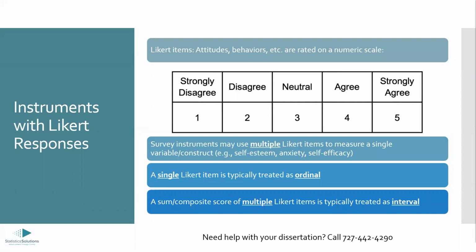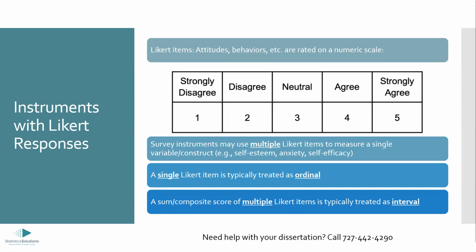And now, like I said before, let's look a little bit in more detail at Likert type scales, because these are used very often in dissertation level research in the social sciences. If you're doing a survey study, many survey instruments use Likert type responses. You may already be familiar with what a Likert scale or a Likert response is, but if you're not, Likert items are basically ways that we can measure attitudes and behaviors on a numeric scale. So we might present someone with an item and then ask them to rate the extent that they agree or disagree with the statement